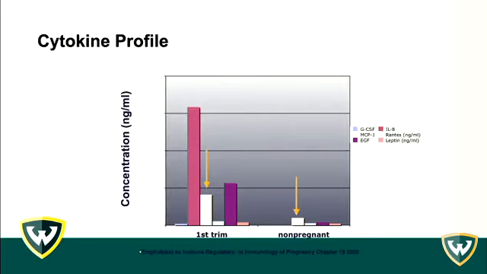We did a study comparing the first trimester of pregnancy versus non-pregnant in the blood, looking at the cytokines. The arrow is showing you some inflammatory cytokines. We looked at the non-pregnant versus the first trimester of the pregnancy, and we saw the opposite. The inflammatory cytokines were going up in the first trimester of the pregnancy compared to the non-pregnant. So there was inflammation